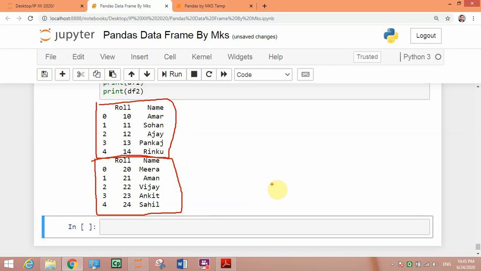Now, we want to merge this two data frame into third data frame, that is we are going to concatenate these two data frame into third data frame.